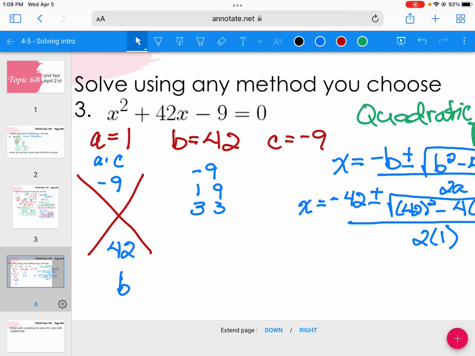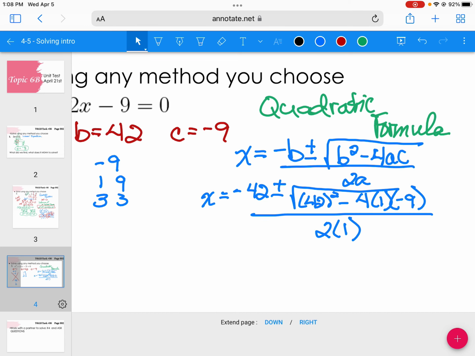And then b squared, I'm going to say parenthesis 42 end parenthesis squared minus 4 times parenthesis a, which is 1, times parenthesis c, which is negative 9, end parenthesis,